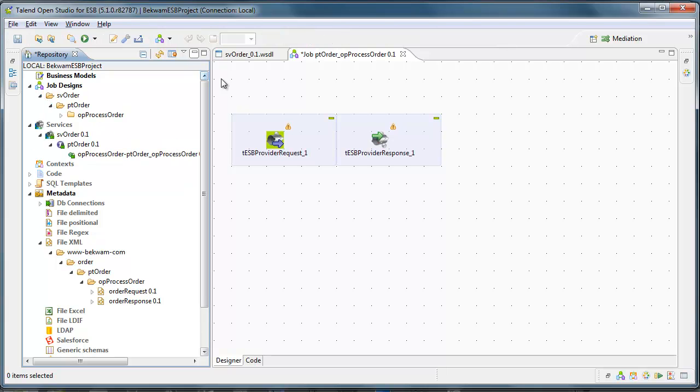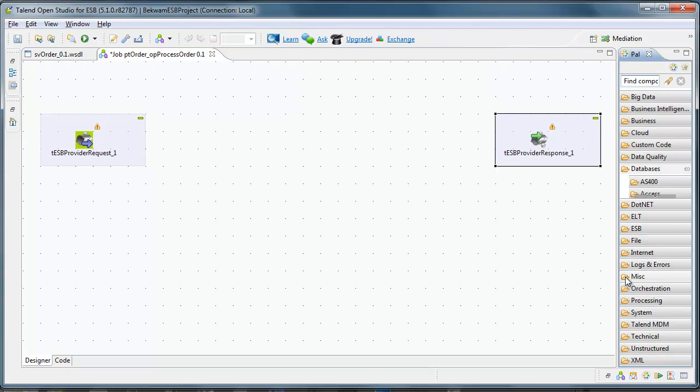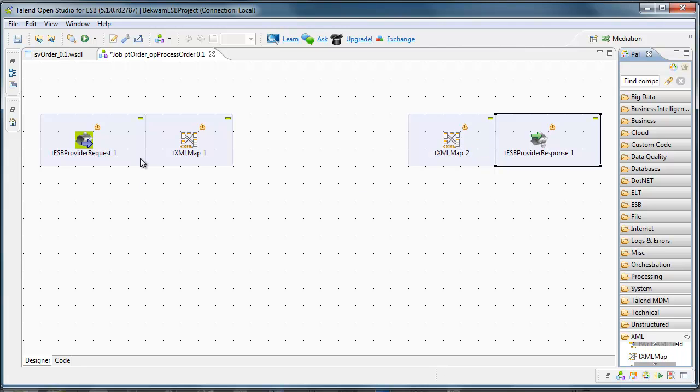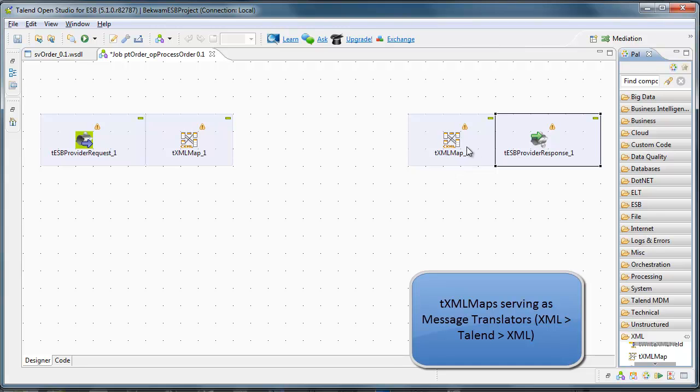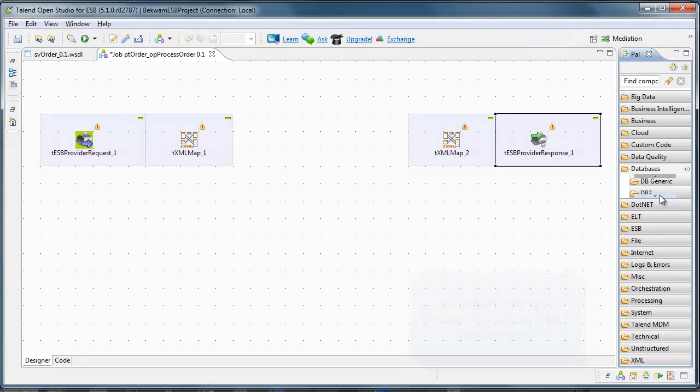And the new job starts with two components that are tuned to the specific web service. Now within here, I'm going to use a few other components. I'll start off with my message transports, and that's going to take two XML maps to serialize the data to something that can be worked on with the database components and then back out again for the response. With the databases, I'm going to use my MS SQL components,